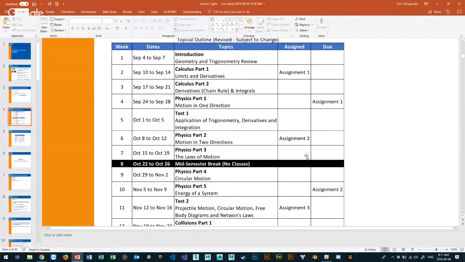Anyway, there is no textbook in this class only because it's kind of a mishmash of different things. We've got some calculus and trig, we've got some physics, mostly kinematics, all right? So like, motion. And then there's the collisions piece. And I'll be talking about which book I'm going to be using throughout. There's different books I'm drawing information from to put this thing together. But there is no one textbook to buy.